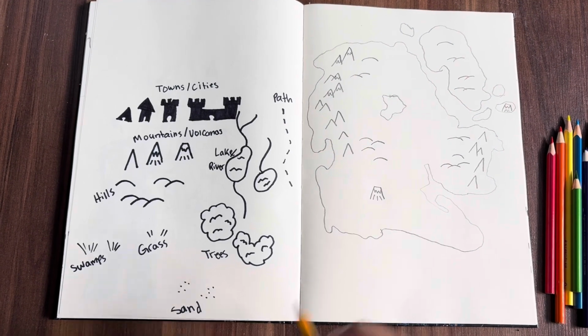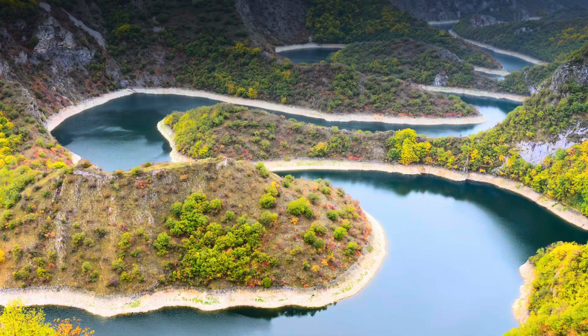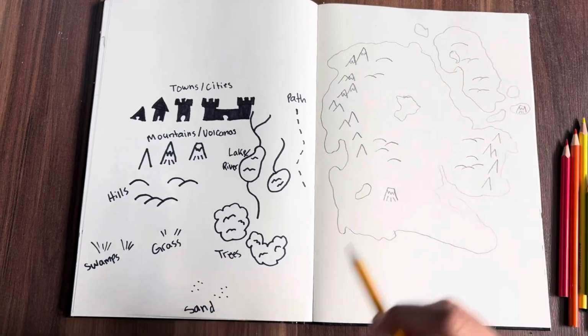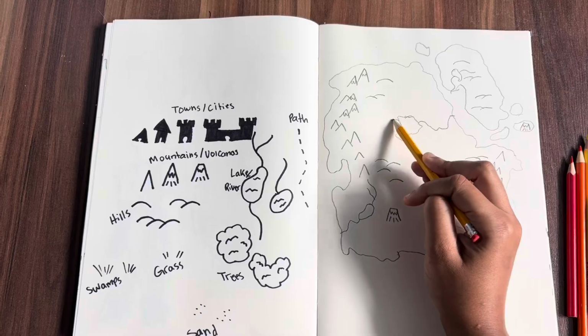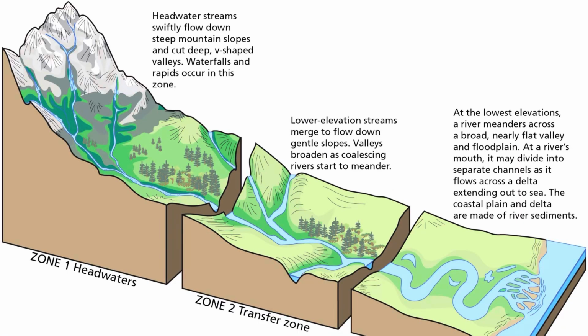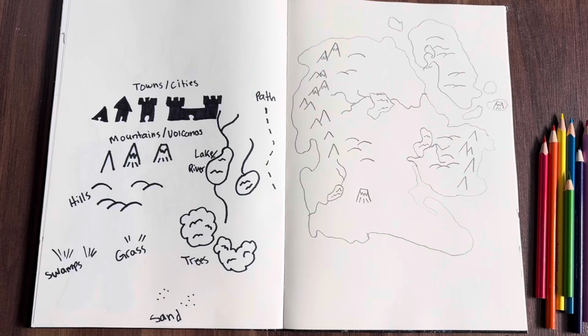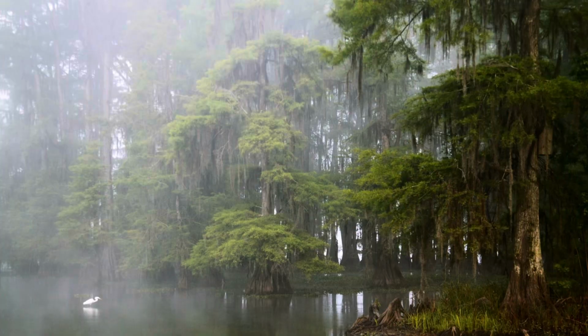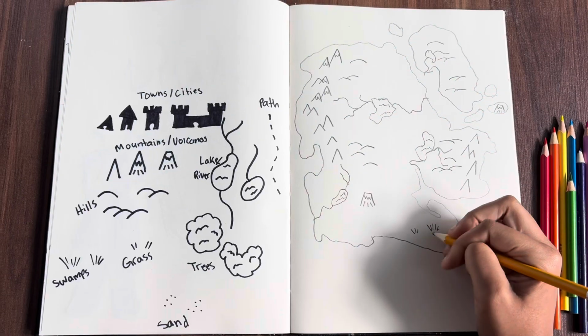Now that you're done with your hill lands, you're going to want to put in your lakes and your rivers. I'm just going to scatter these around the area, wherever I see fit. Remember, your rivers usually move away from mountains and towards the coast. If you want any swamps or marshes in your map, you're going to want to add them now in the